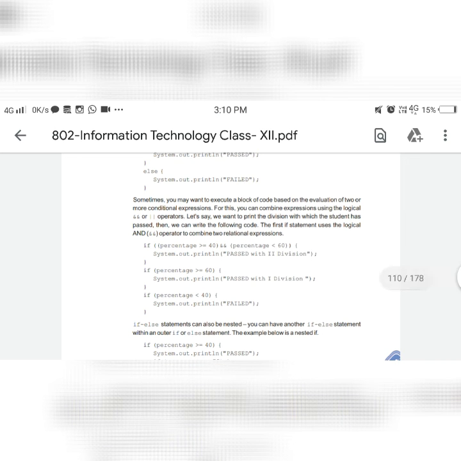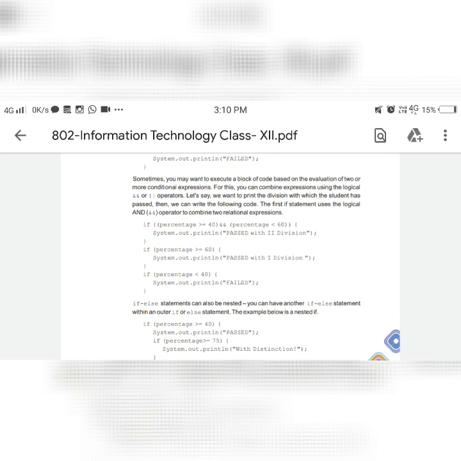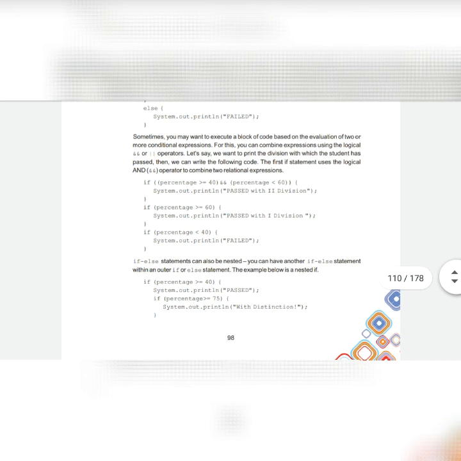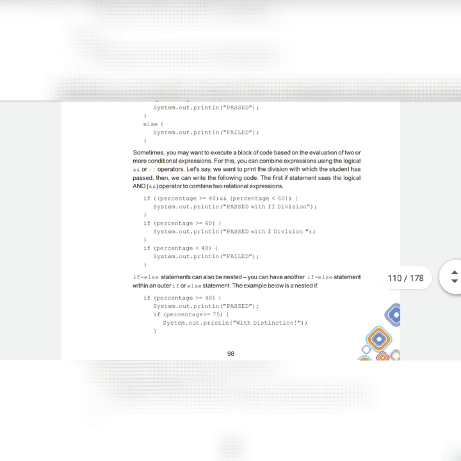Sometimes you want to execute a block of code based on the evaluation of two or more conditional expressions. Now in this case we have used only one condition. If I want to use more than one condition at the same time, then which logical operators will I be using, and or logical operator. So in this case I have used the and logical operator.